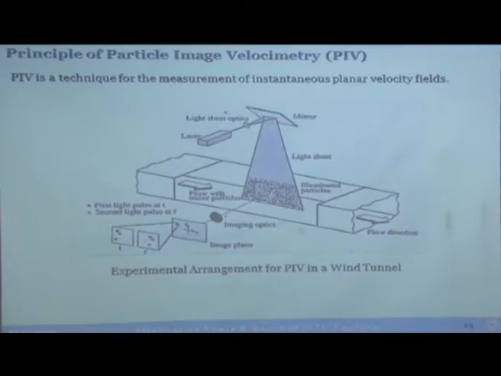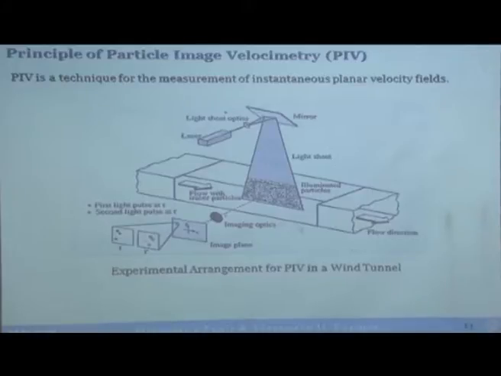Oh, I will come to that. Particle can certainly move perpendicular to the plane. So, what you do is that you adjust the frame speed such that you do not allow it to move out of the plane, because once the particle goes out of the plane, it will be seen in the first image, it will not be seen in the second image. So, it will be lost, the software will not use that data.